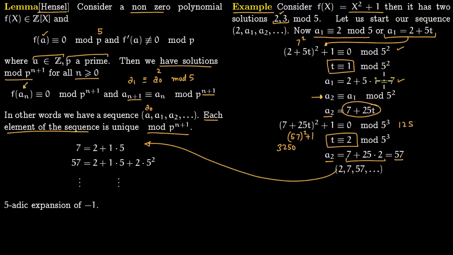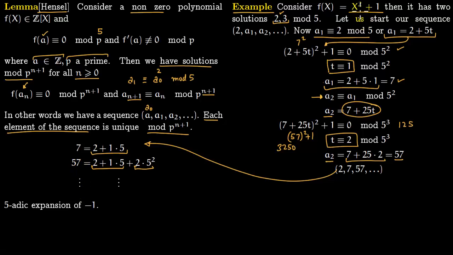So basically we are just copying this a1 which we wrote here like this. 7 is 2 plus 1 times 5, and then you have this 57, which is again 7, this term carried over here, plus 2 times 5 square here. So you can keep on going